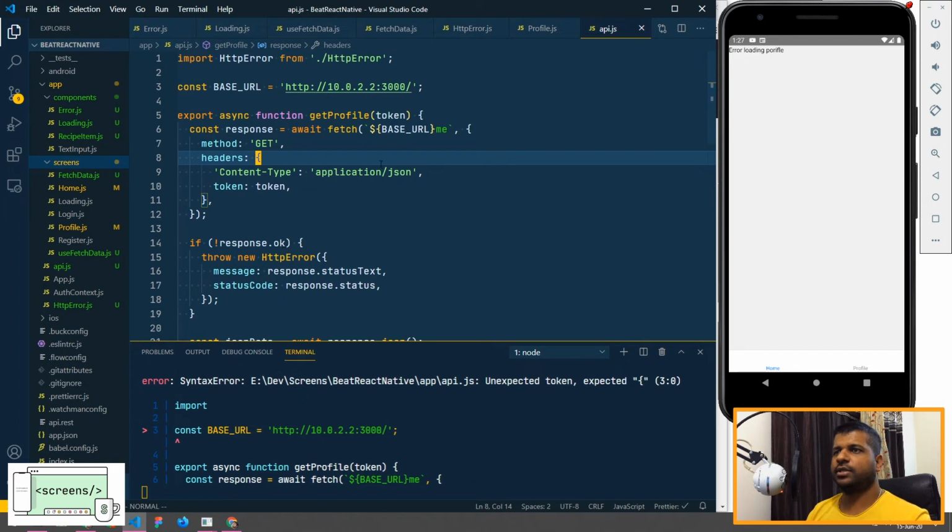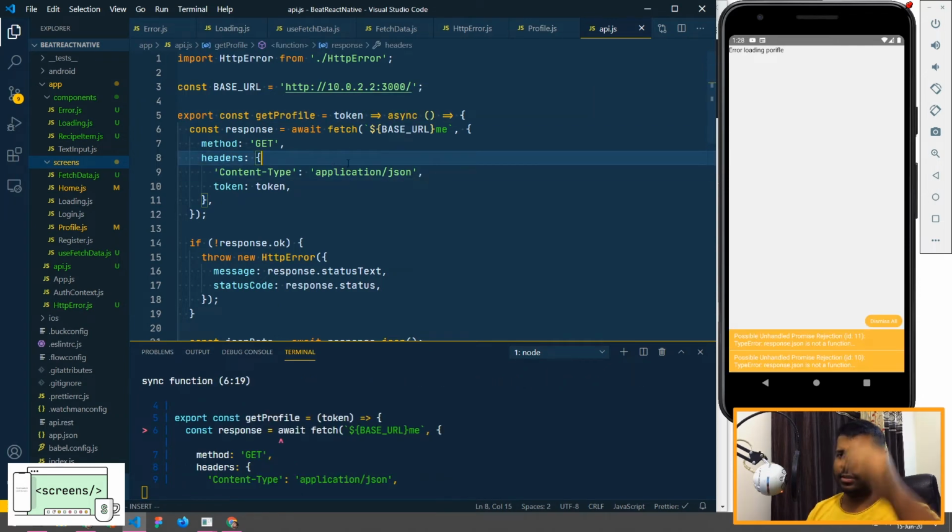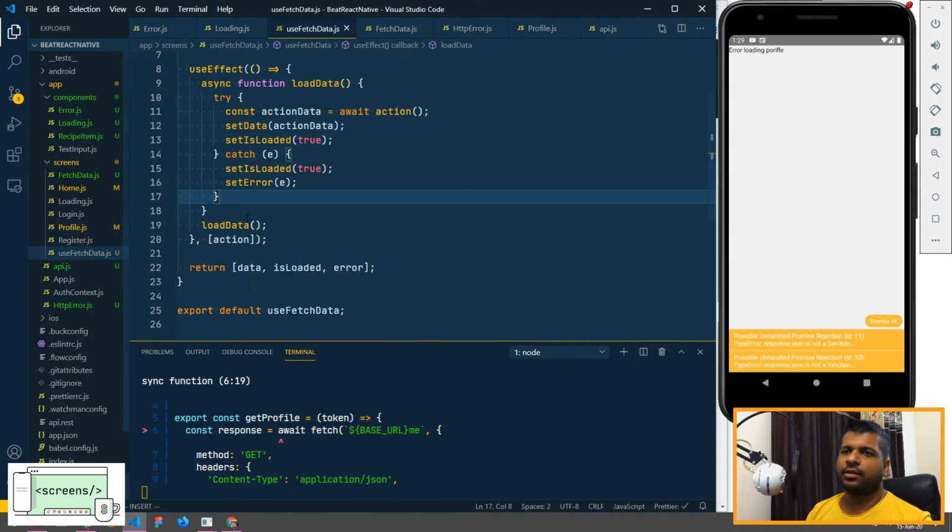One more thing we need to do is slightly change the implementation of the function here. We need to change the implementation of this API function like this. The token will be carried over here, and this is something like a thunk, if you have used thunk with Redux. When you use useFetchData here, it is awaiting an action, and the action will return the response back here.